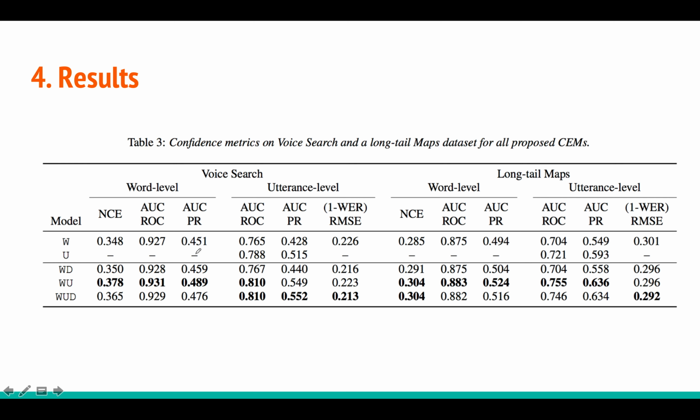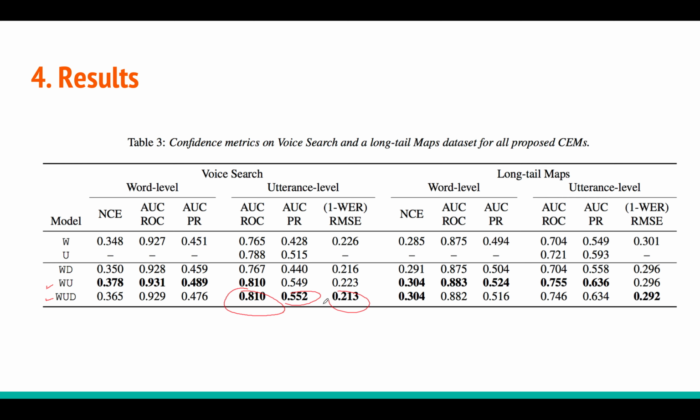Coming to the results section, they have multiple tables for the results. I am just showing only one table. The remaining tables you can read in the paper. I have given the link of the paper in the description. As you can see, there are 5 different models. When you combine the utterance loss and the deletion loss along with word loss, you don't get that level of accuracy for word level prediction, because you are combining the utterance loss, which may not be useful. But for utterance level confidence, you get the best